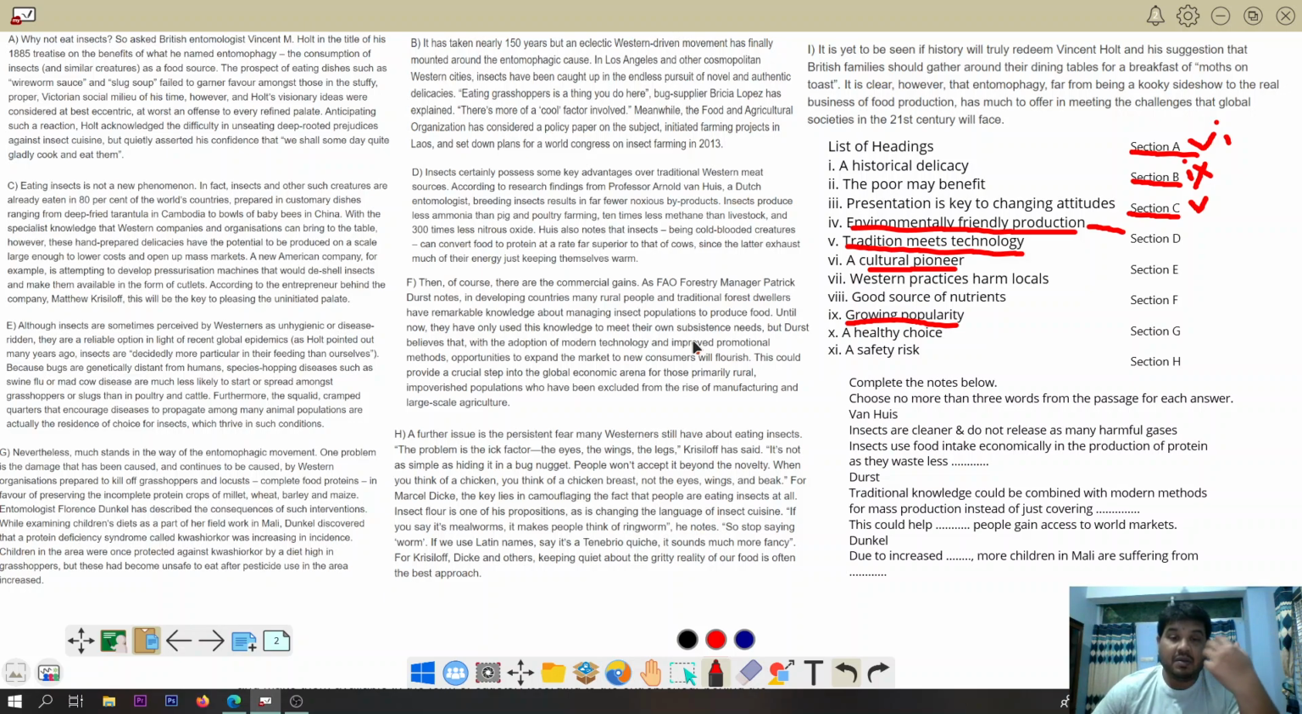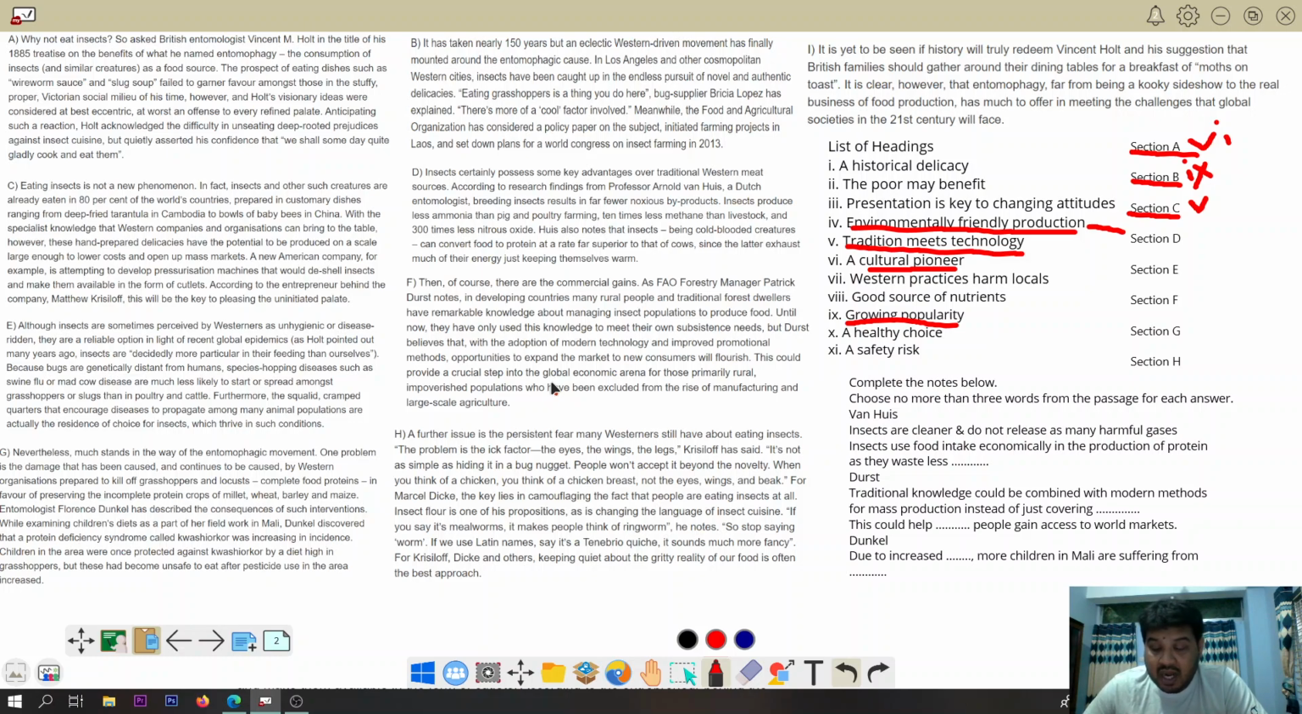They know how to meet their needs, or how they can use them in their food to sustain themselves, their own subsistence needs. But Dust believes that with the adoption of modern technology and improved promotional methods, opportunities to expand the market to new consumers will flourish. This could provide a crucial step into the global economic arena for those primarily rural, impoverished populations who have been excluded from the area of manufacturing